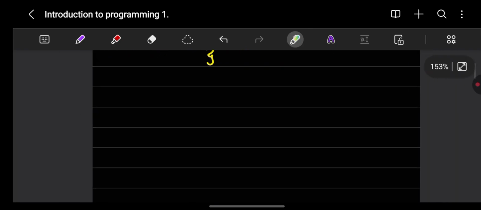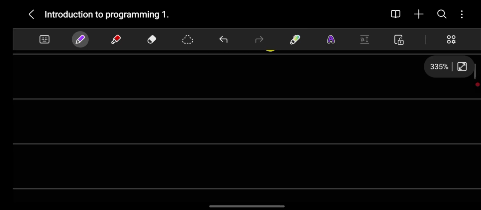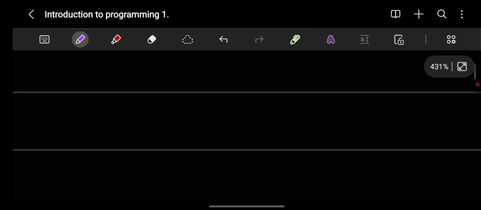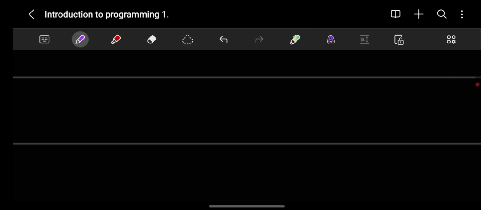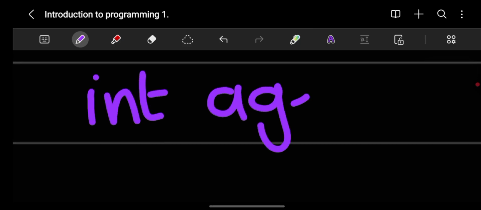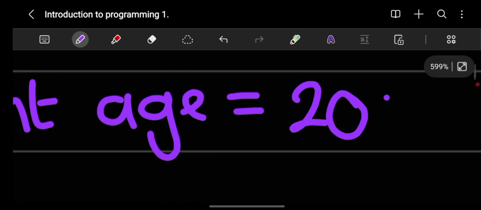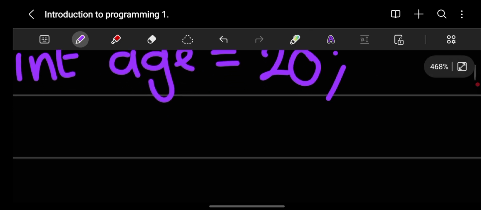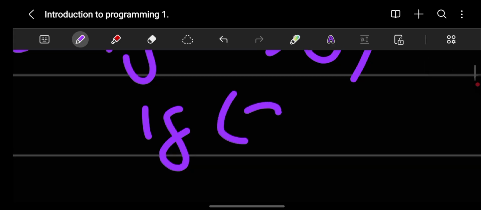And I'm just going to make an example using the if statements. Obviously you would have your hashtag include, using namespace std, and the int main and all of those. So I'm just stating what would go inside the int main, right? You also have to know what your outside, or your window, should look like. So you would have, let's say, int age equal to 20, for example, and then let's say if age